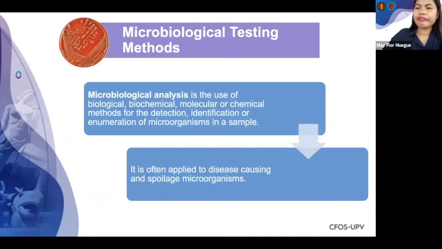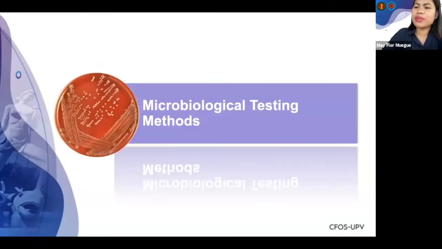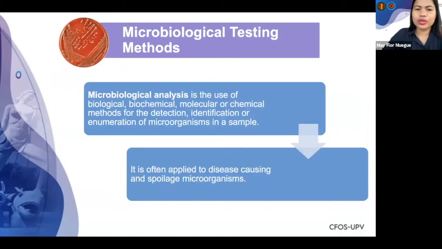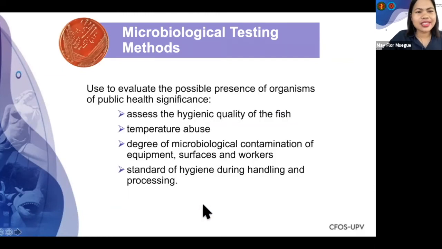Ayan. So now let's go sa microbiological testing methods. So this will be quick, right? Microbiological analysis is the use of biological, biochemical, molecular, chemical methods for detection, identification, or enumeration of microorganisms in a sample. And it is often applied to disease-causing and spoilage microorganisms, or yung ating tinatawag na SSOs, 'di ba? Alam natin yung SSO. Yan. So